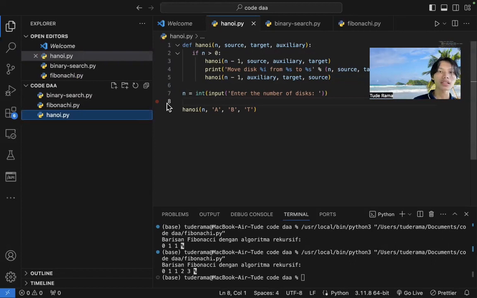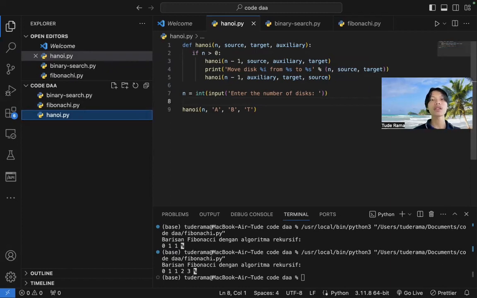If n is greater than 0, we call the recursive function Hanoi again with n minus 1, source, auxiliary, and target, and print the move: move disk %i from %s to %s, with the parameters n, source, and target.